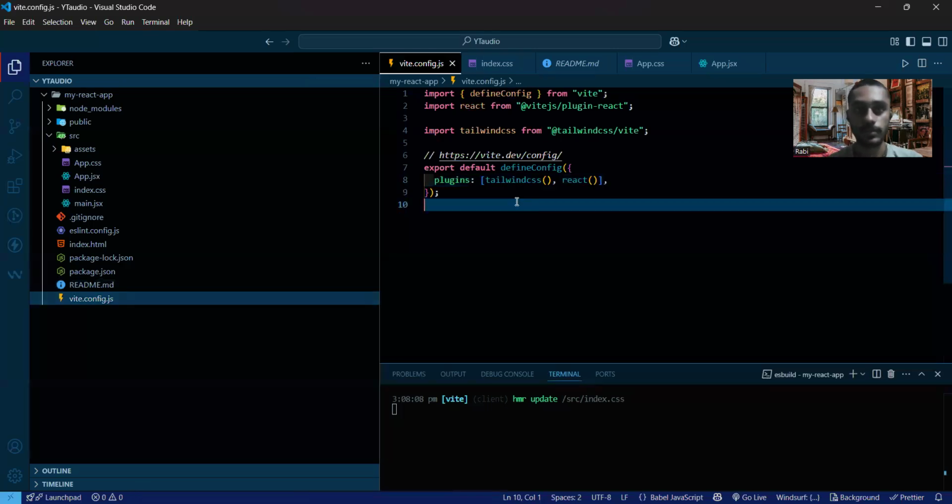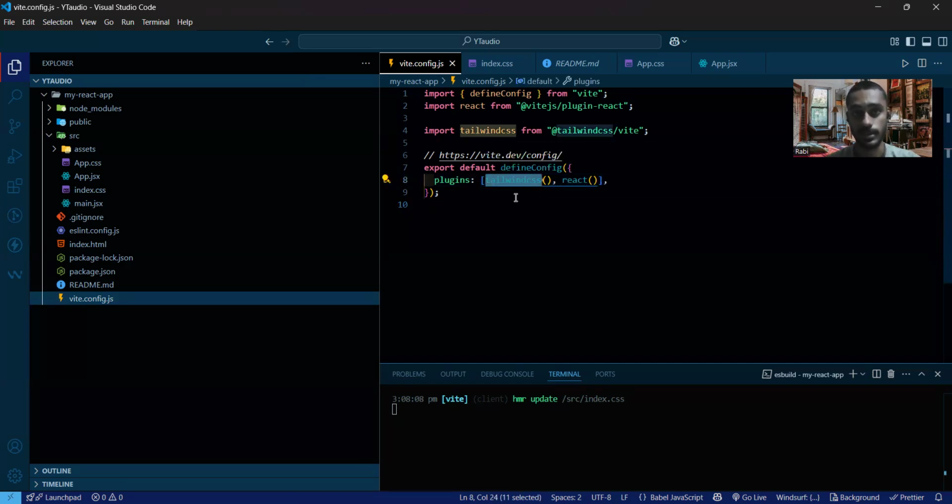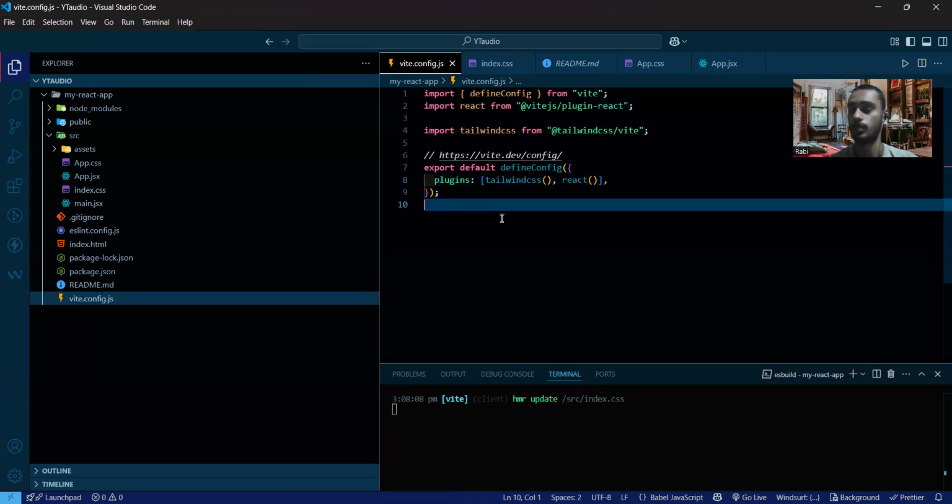Okay, so next one is vite.config.js. Inside that we have to add the plugins. In the last video we added the tailwindcss plugin and React plugin. So you have to add more plugins if required. If I go to the screen,